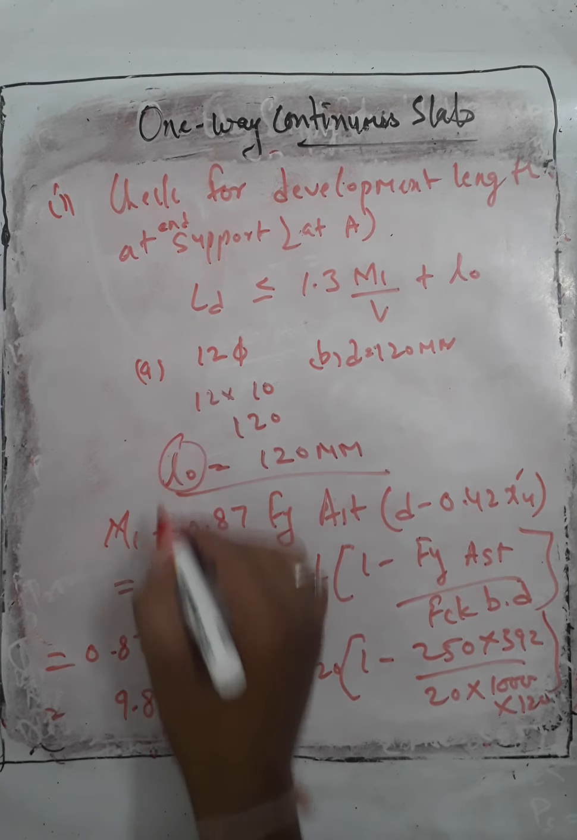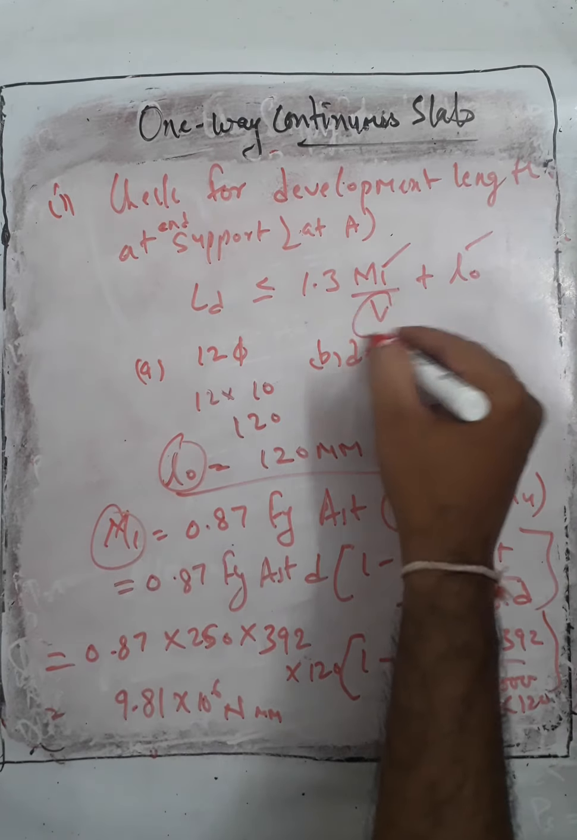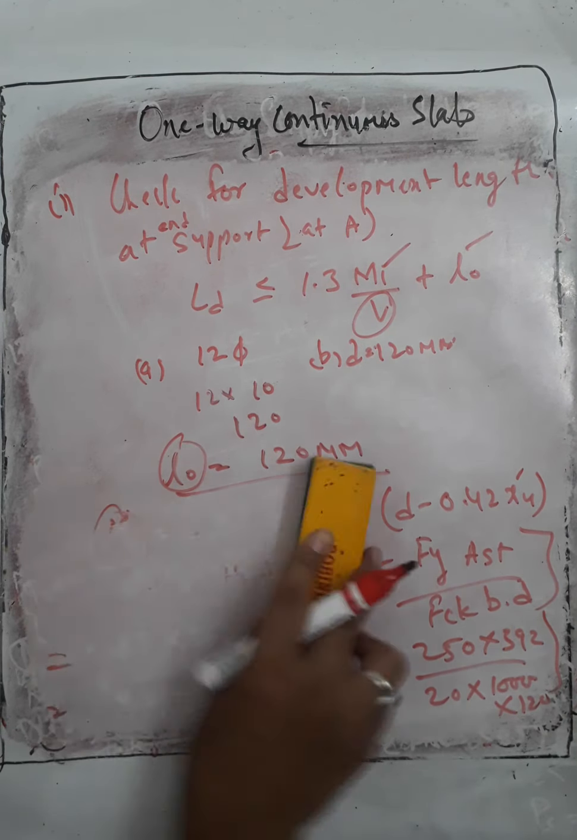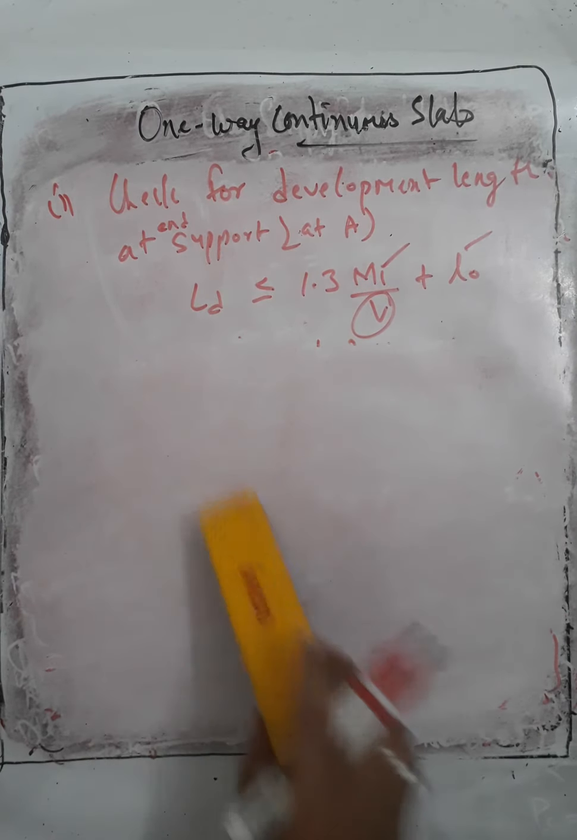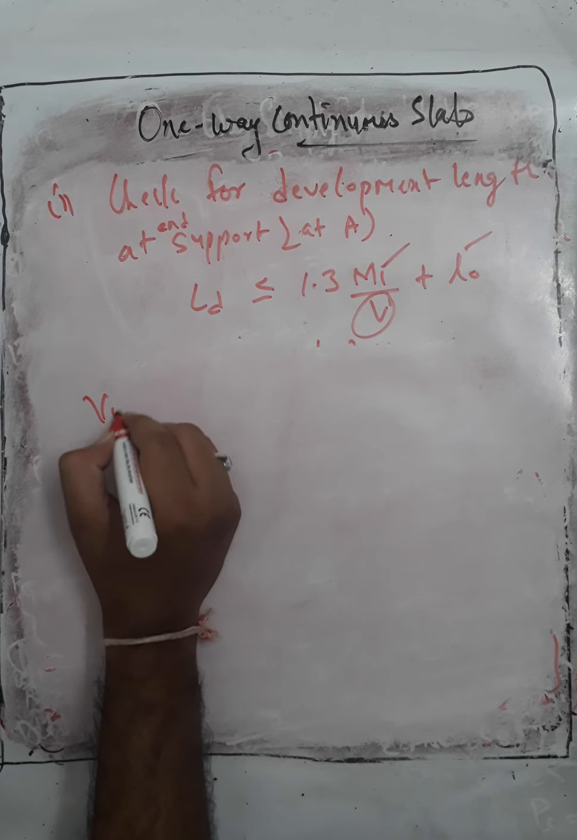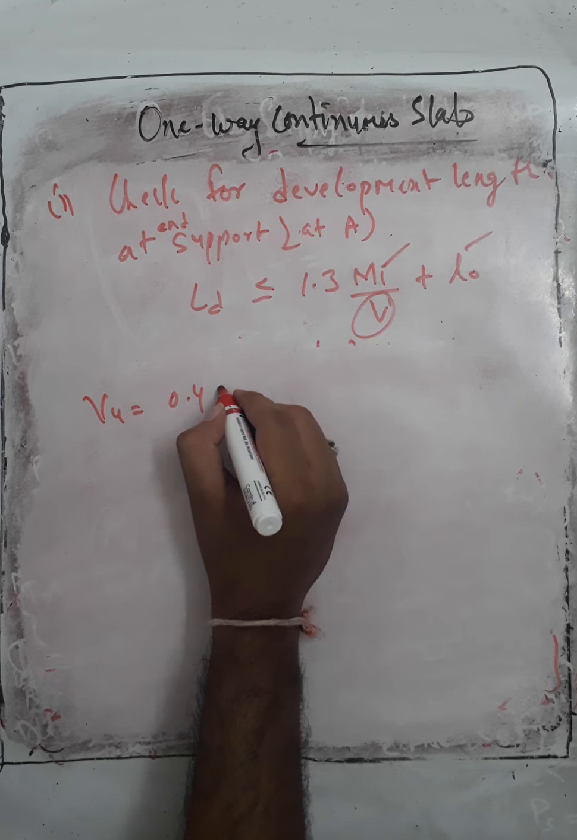So we found L naught and we found M1, these two values. Now we have to find the shear force. So how do we find shear force? At support we know the formula for shear force. So Vu is equal to 0.4 into